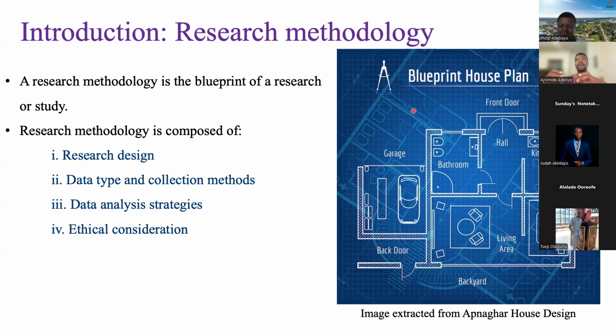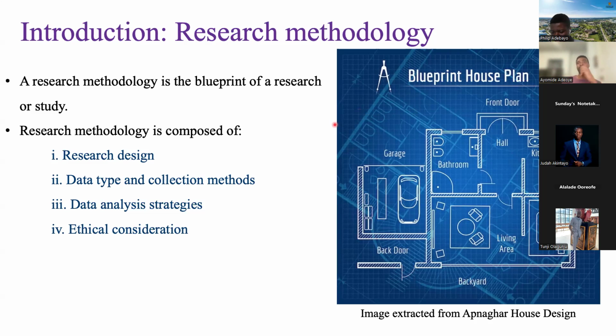So irrespective, if you have a strong objective, if you have a good plan of okay, I want to develop a method that could be used to treat disease. I want to develop a method that could be used in construction of a house that can move from one place to another. I want to develop a house that can withstand hurricane or tornado. You have to come up with a plan of what are the major components you need in order to build this house. So in other words, you have to have a blueprint of your objective. And this is where research methodology comes in. So the methodology is the blueprint of whatever research you are designing.